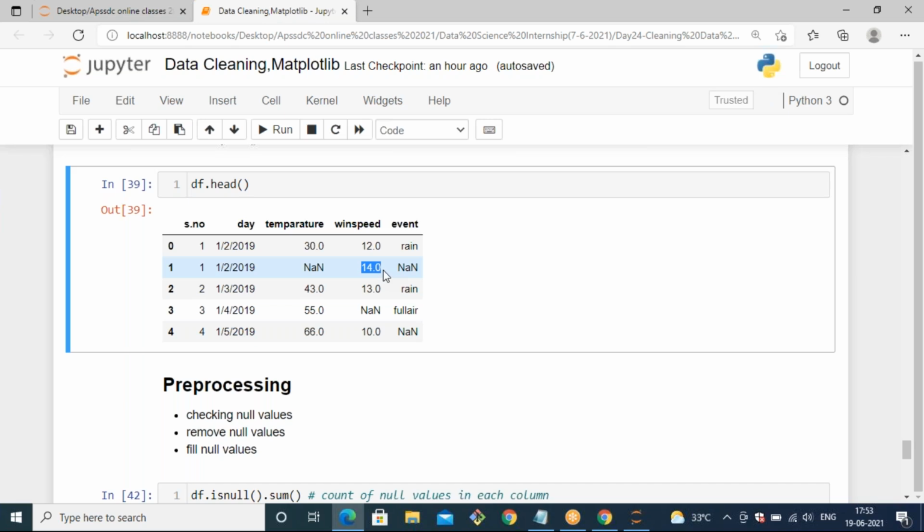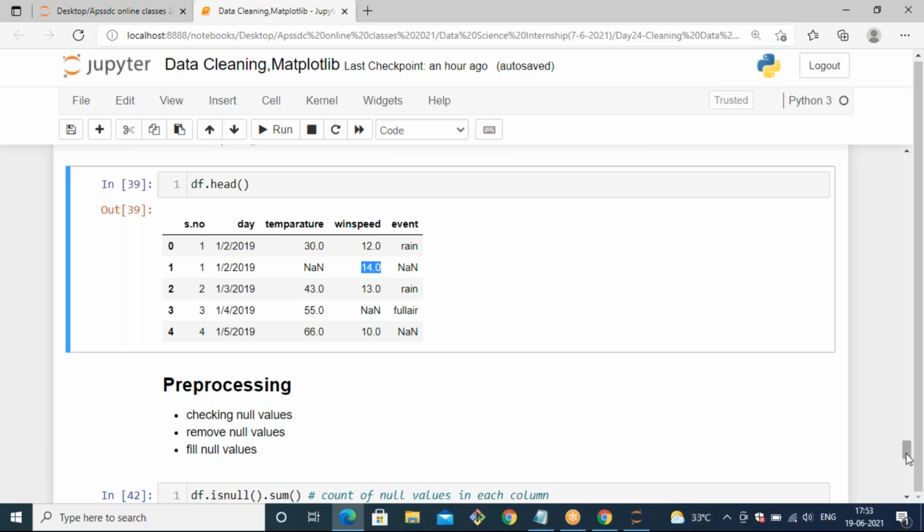In that case, instead of removing these null values, we can fill them with some other value so that we can use the entire row instead of removing it.